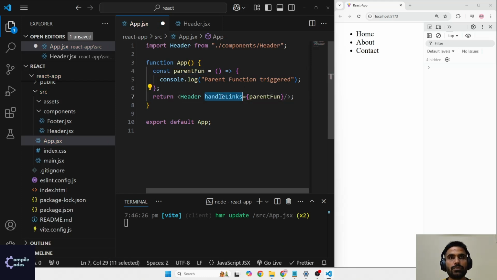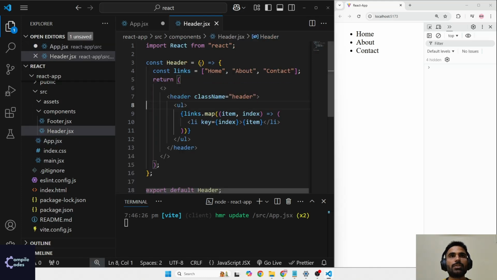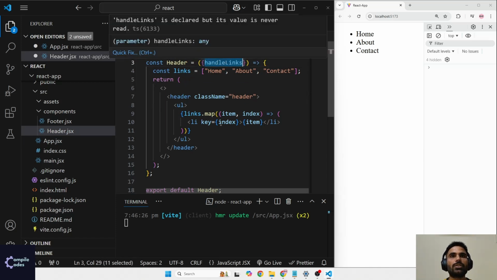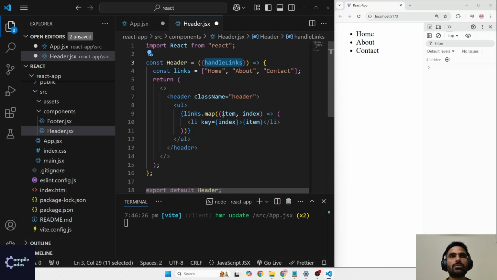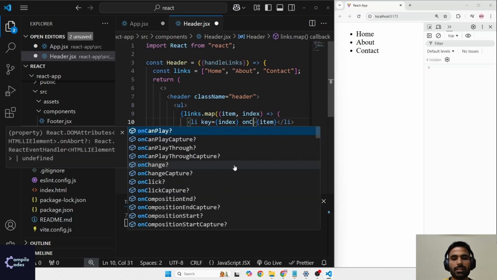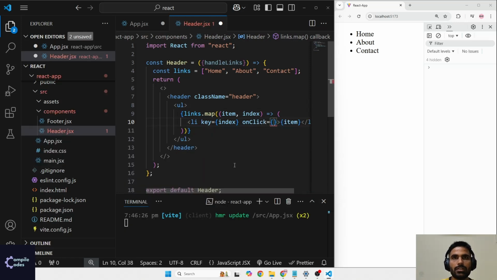Since you have declared this prop, you'll have to go to your child component, and you will have to have this prop as an argument. And now what you can do, so inside the list items, where is the closing tag? Here. Inside list you can call this function